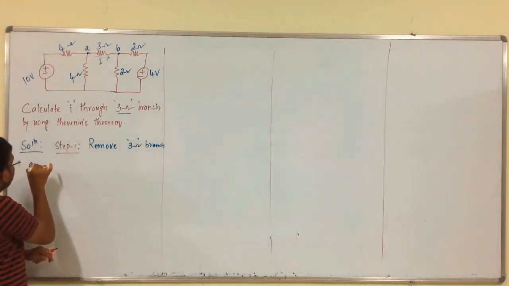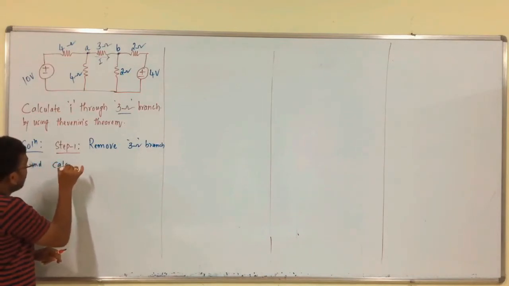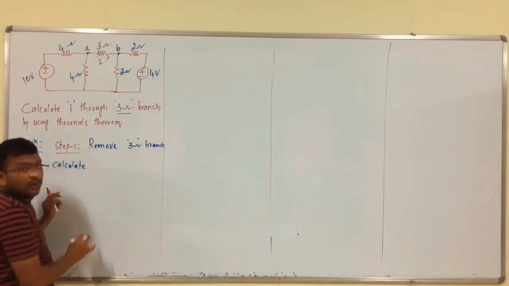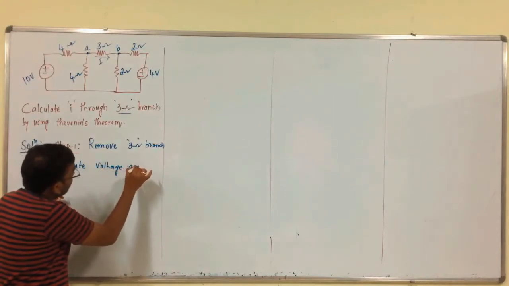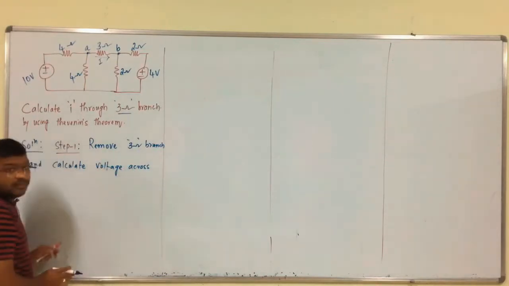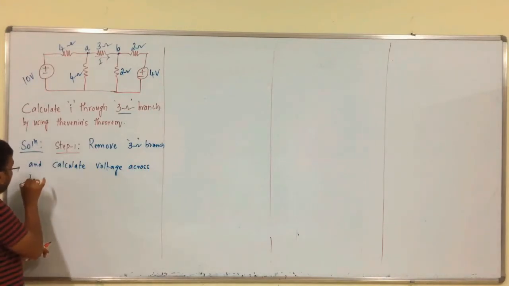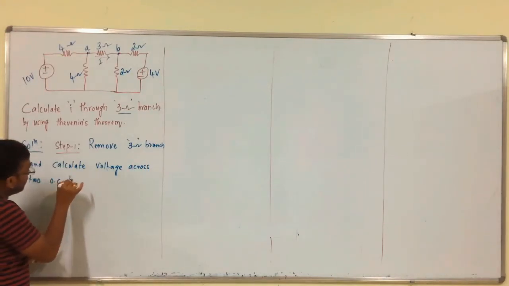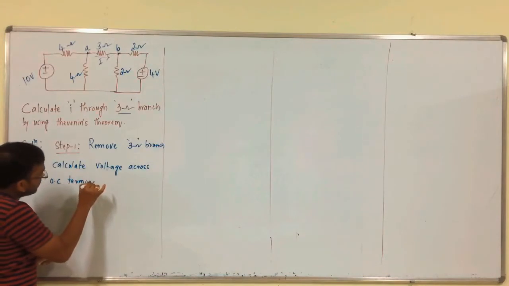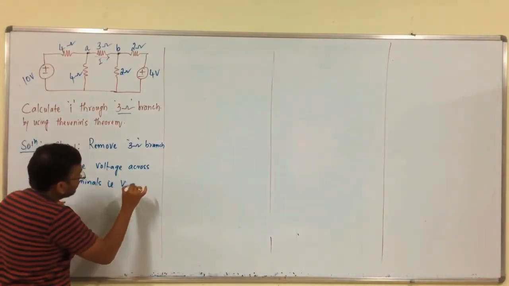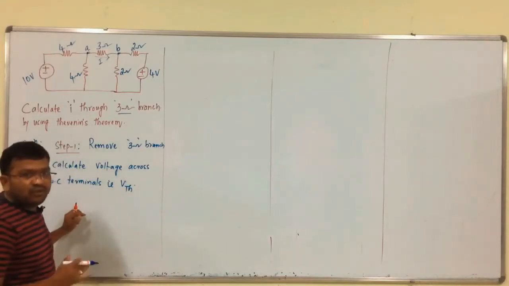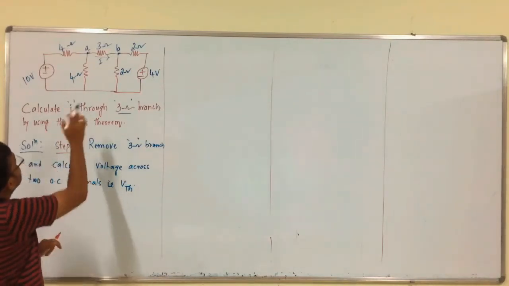and calculate the voltage across the two open circuited terminals, that is VTH. VOC or VTH, both are the same. Then the circuit becomes